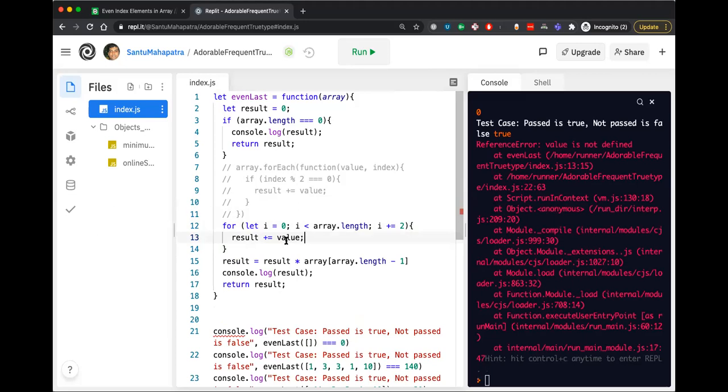Sorry, value is not defined. I have to call it array i.